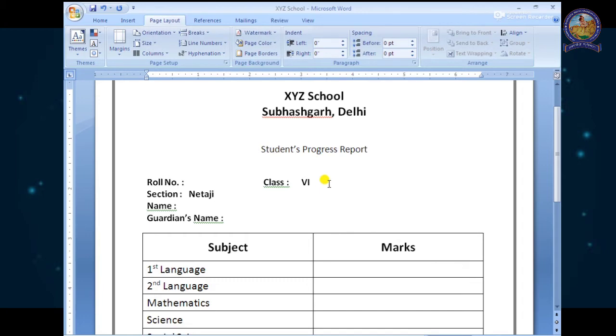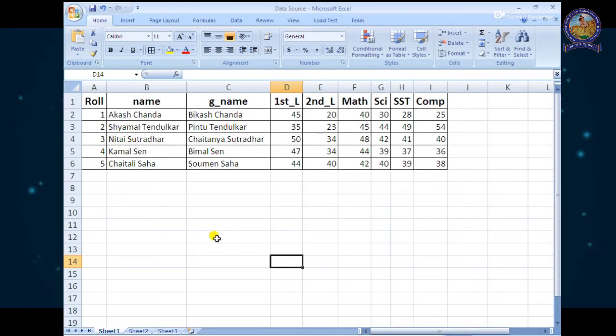So today we are going to use MS Excel. I have already prepared data in MS Excel. Say this is the data of the students. Say 5 students are there. We can do it with 50 data, 500 data, even 5000 data also. There is no such limitation. So I have taken 5 instances here.